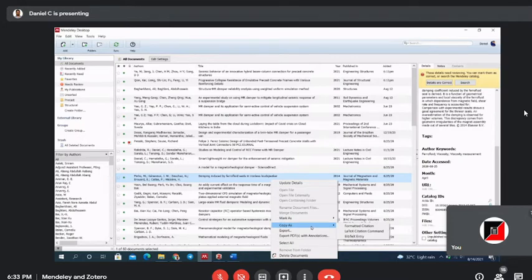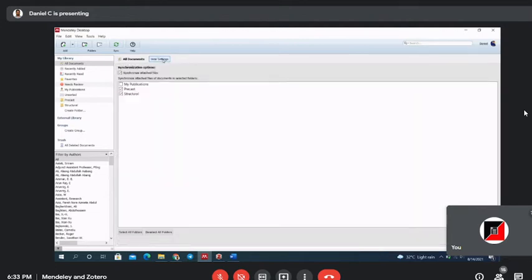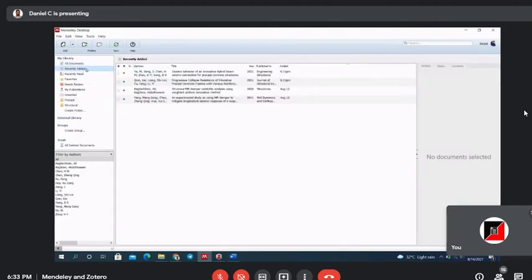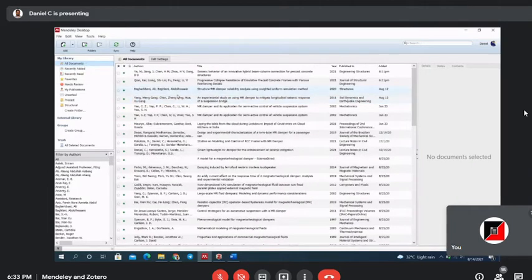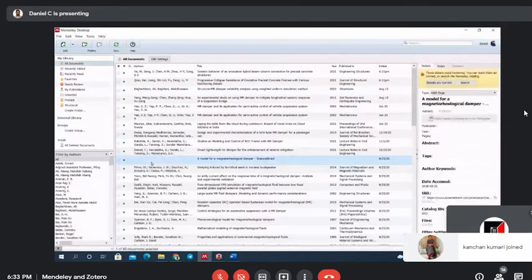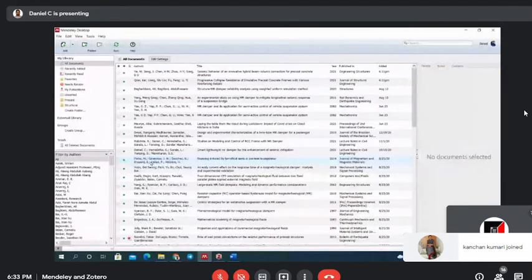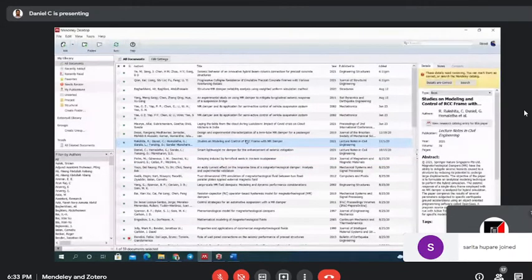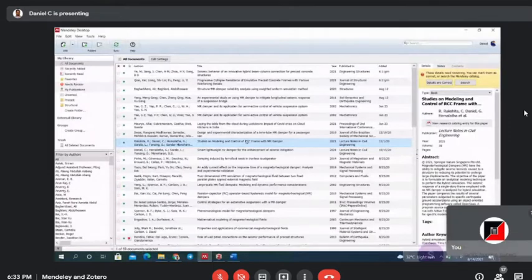And if you want to copy formatted citations, by default I think currently APA 6th edition or 7th edition is there, it seems. In those editions it will be the default. Okay, just one second, I'll delete this. If you want to delete an article, just click it and click the delete button. That's all. It will be automatically deleted. Okay.